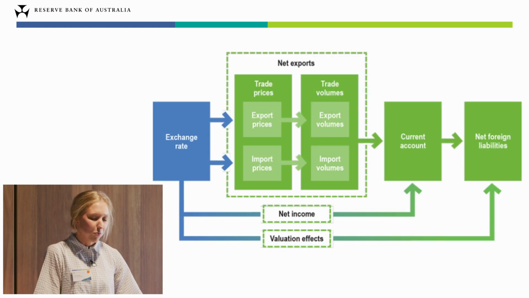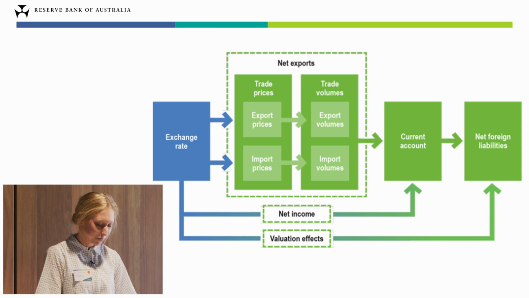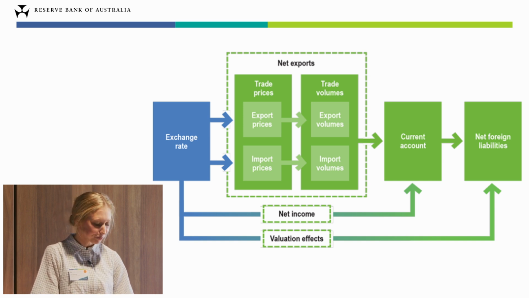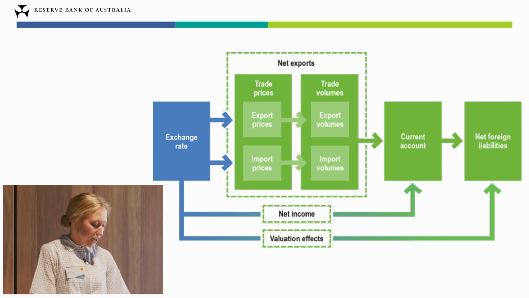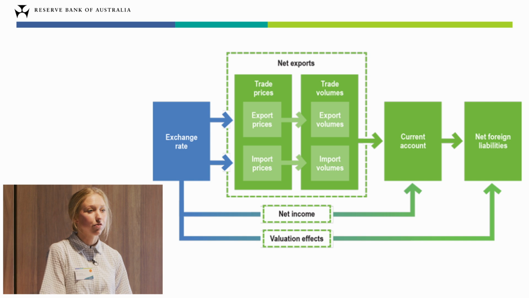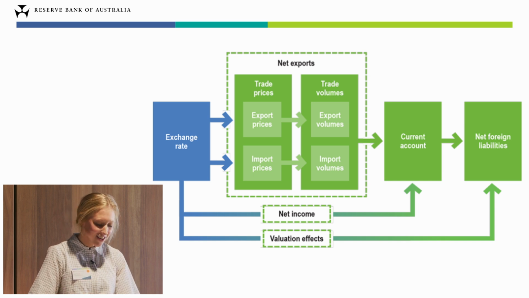The final element that I want to touch on is how the exchange rate affects the balance of payments. And I appreciate that this is a huge topic, but we'll try to give a high-level summary. And again, I'm going to try and explain this through the perspective of an Australian dollar depreciation. When the exchange rate depreciates, our imports become more expensive relative to exports, which decreases the value of our net exports and reduces the value of the current account. This is the immediate and the direct effect. Over a slightly longer horizon, import and export volumes will adjust to those changes in prices.